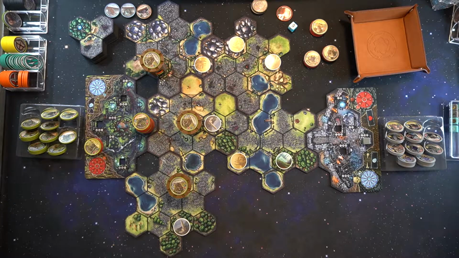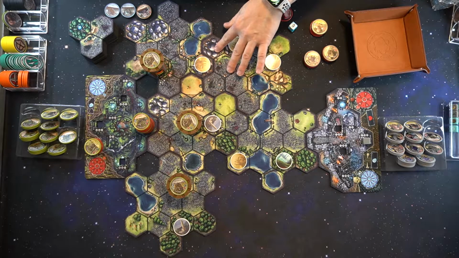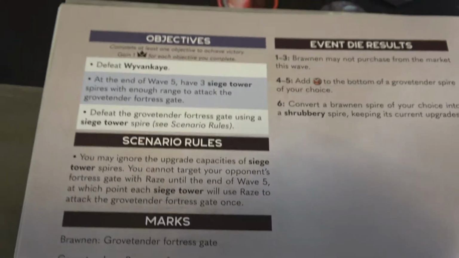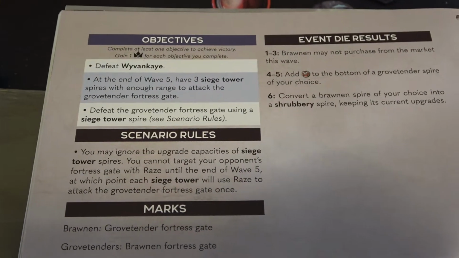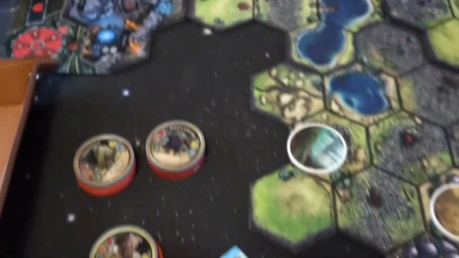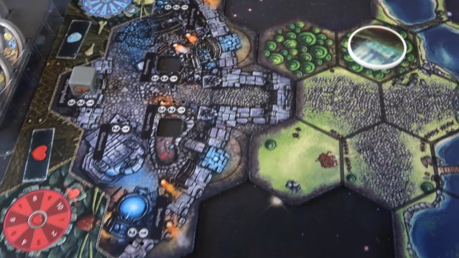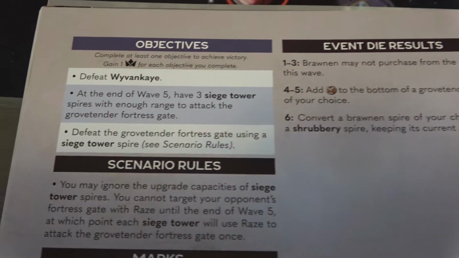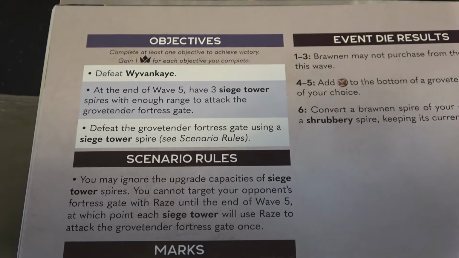In this scenario, I have done the setup. I removed the earthscape that would have been here. I now have 3 objectives that I'm trying to defeat in order to win the scenario and stay alive, and not have them destroy my fortress gate, which has 10 health. In this scenario, I am trying to defeat their hero, Vanke,